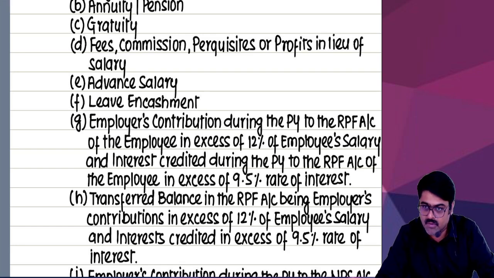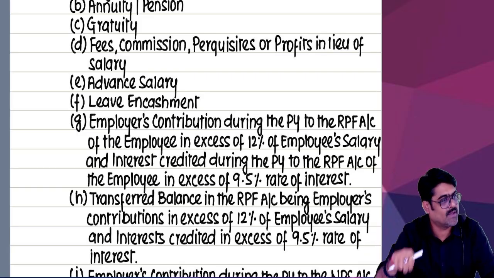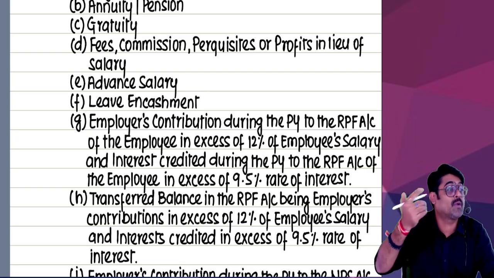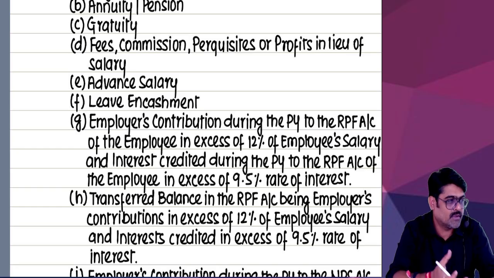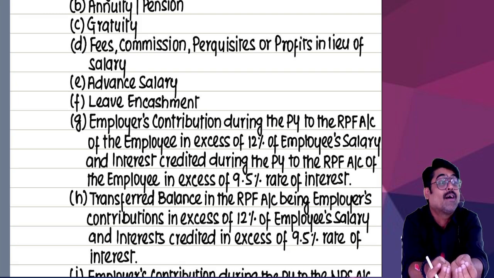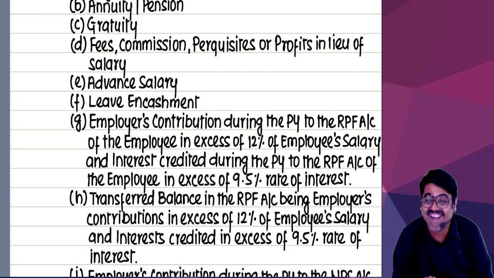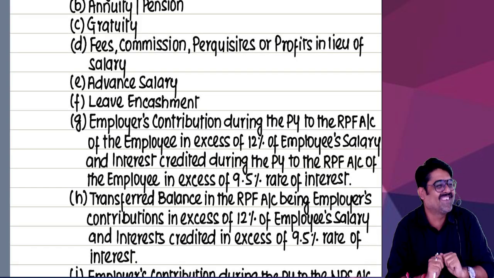Best example I'll give you. I am giving you some award. You are my employee. Annual function is there. In the annual function, I am giving you a best employee award. Will I give you some flowers, shawl, and a small token amount of 2 lakh rupees? I'm giving you flowers. Then,